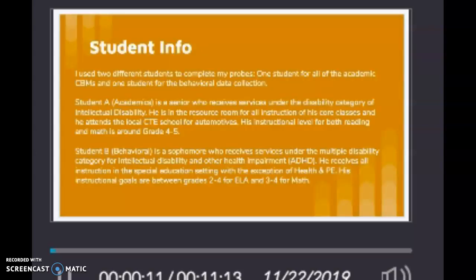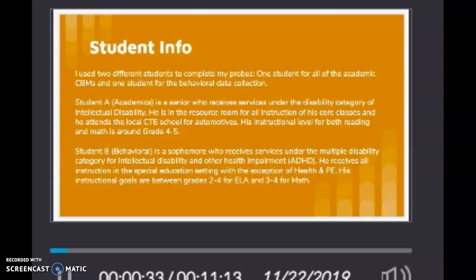Student information. I used 2 different students to complete my probes, 1 student for all of the academic and 1 student for the behavioral data collection. Student A is a senior who receives services under the disability category of intellectual disability. He receives all of the instruction in the resource room setting